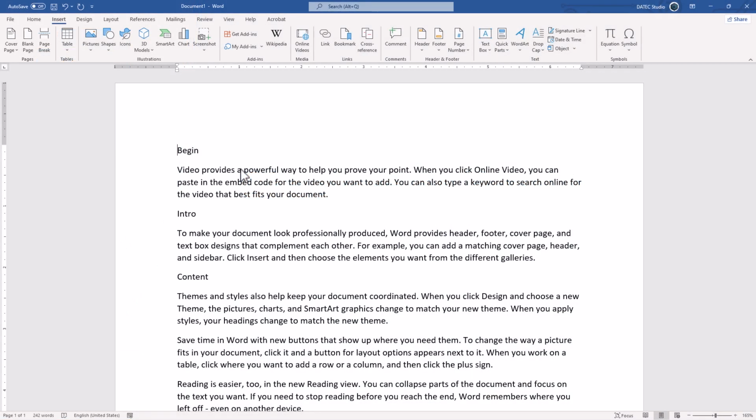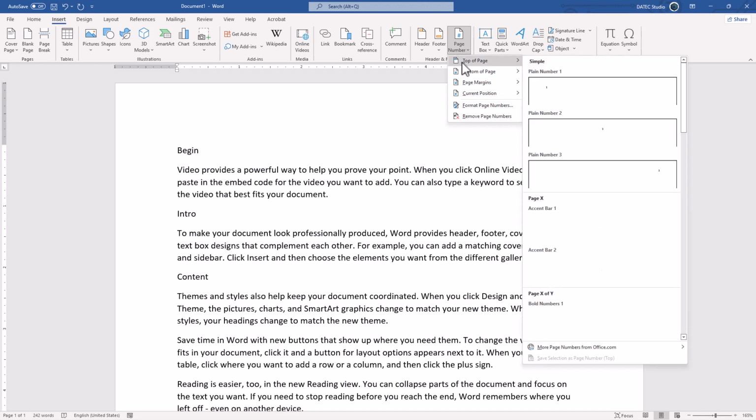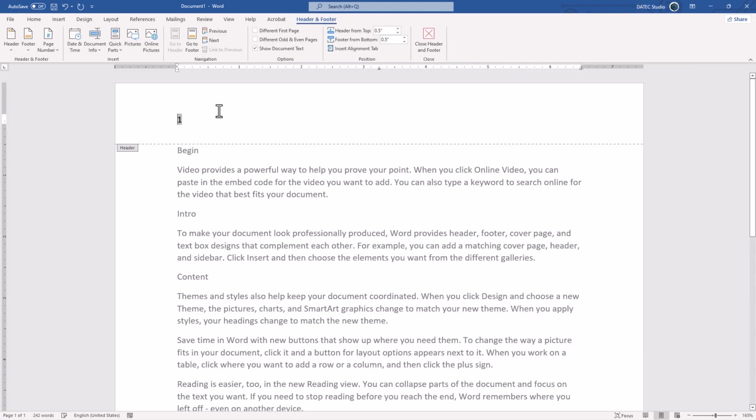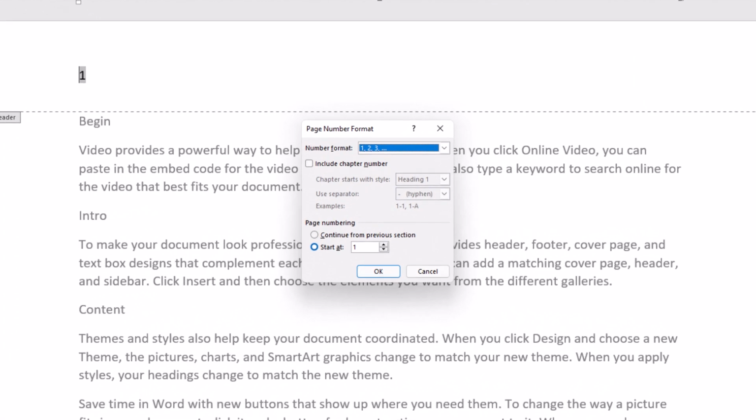Of course, you're familiar with page number. I could click on that. Let's say top of the page, and here it is fine. Okay. But if I go to page number again and click on the format page numbers, there is an option